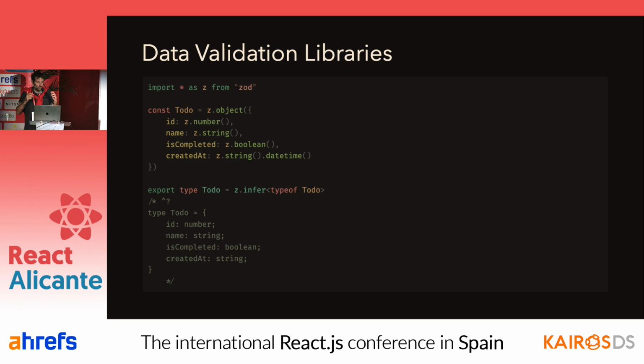So let's say that you decide to use one of those libraries, like, for example, Zod. And now your code base will look something like this. You will use the library to define how your structure is shaped, and then you'll notice that now, instead of relying on TypeScript types, you will usually infer those from the runtime definition. And that is expected because, if we remember, TypeScript types get compiled away. So we still need something at runtime to perform the actual data validation.